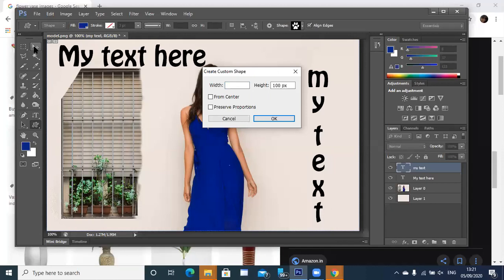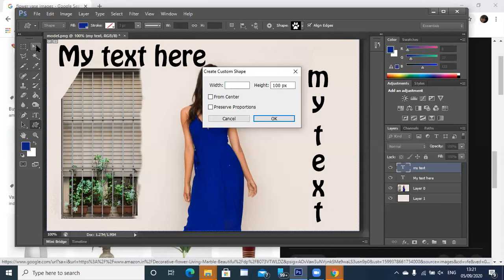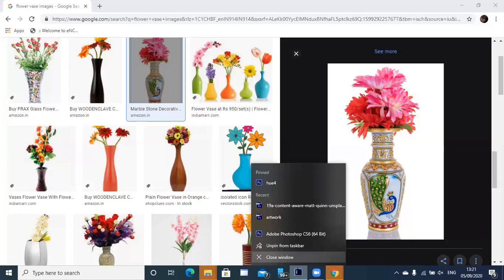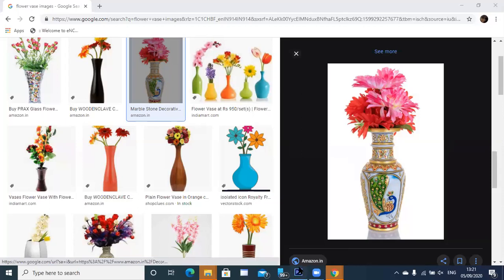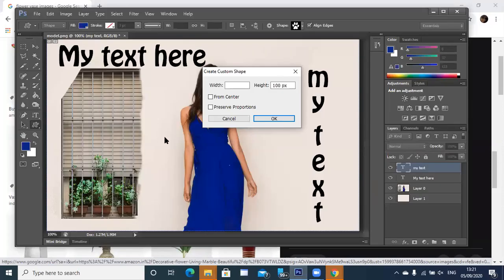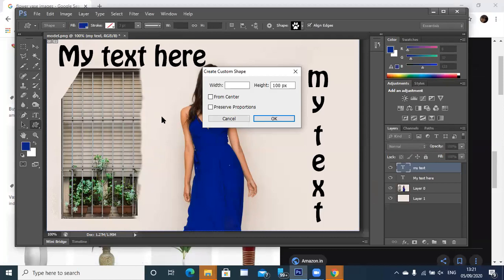You make sure that you're okay. I think mine is not responding, but you can just press Control V to paste it and it will get pasted at the same place where your image is. So that is one of the things that you can try to do. Okay, just a second. Let me restart my Photoshop because it has gone into not-responding mode. I'll try to use another image or something like that. Basically, the idea is you can copy and paste the image into whichever image you want in Photoshop directly without saving by using right click, copy image, go here, paste image. Right? Okay, so that kind of thing can also be done.